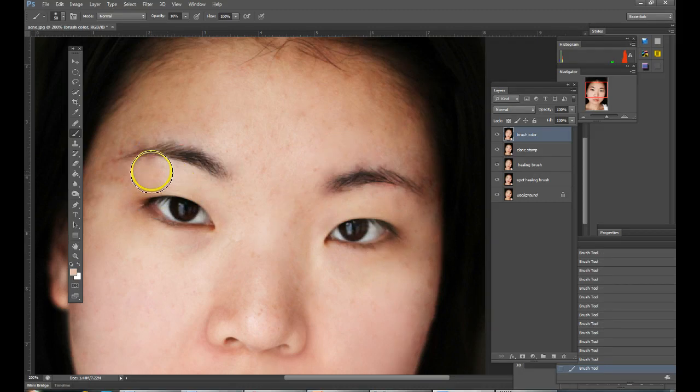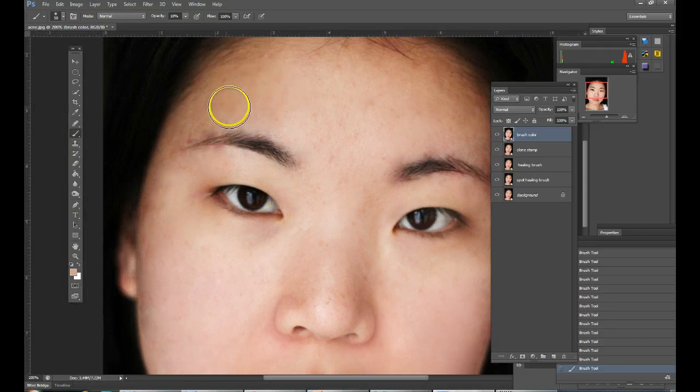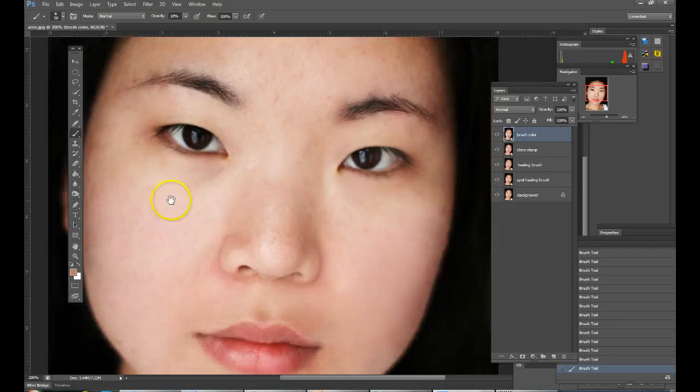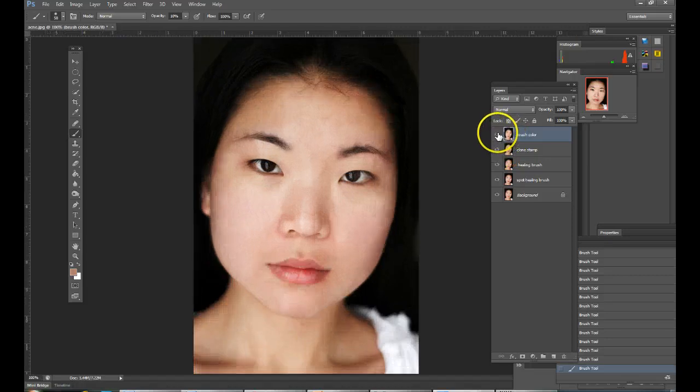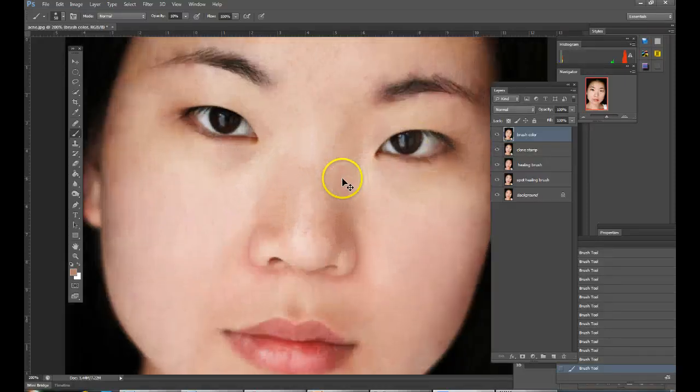So again, I'm going to toggle between the color, take out some of this redness here, and even out her skin tones as much as possible. Again, I have to keep changing the color because her skin is a different color here than here, etc. Okay, so now if I show you that undone, you see how I evened out her skin tone much better, right? Much more equal,